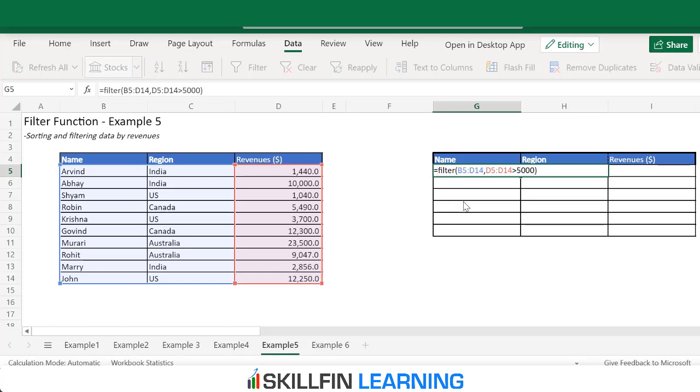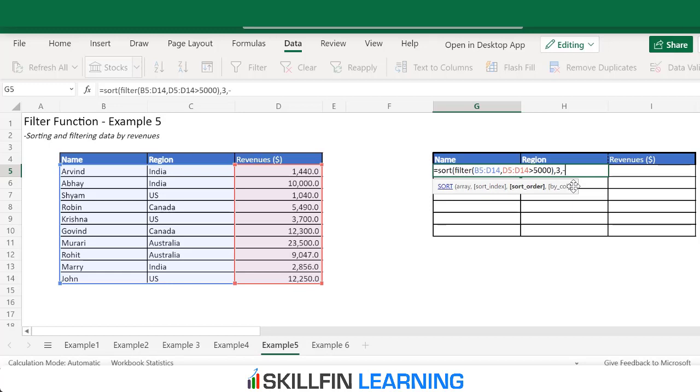Now to use the sort function, we will type =SORT before the filter function and then bracket open. The first argument for the sort function is the array, so the array is the filter function here. The second argument is sort index, which is the column by which we want to sort the data. This is the third column in this data set, and we want to sort the data in descending order.